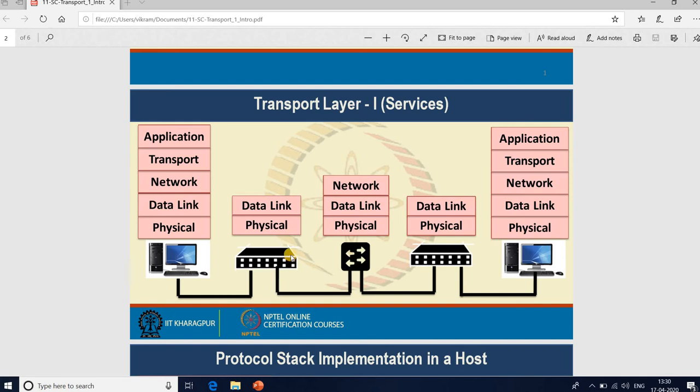After the network layer, you have the data link layer. The task of the data link layer is to provide channel access mechanisms when multiple nodes are trying to transmit simultaneously and are utilizing the same communication media, like the same wireless channel or the same wide network.